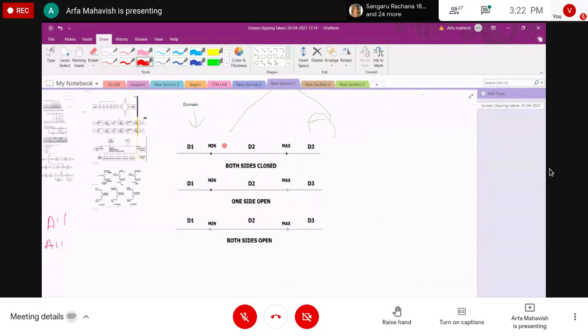Here the domain D2 is closed at the minimum and the maximum values, meaning both the points belong to D2.